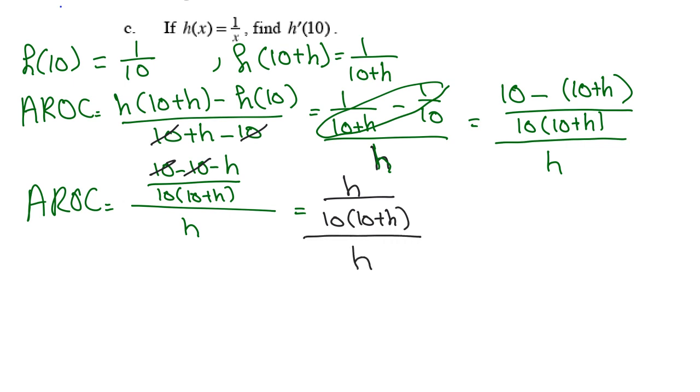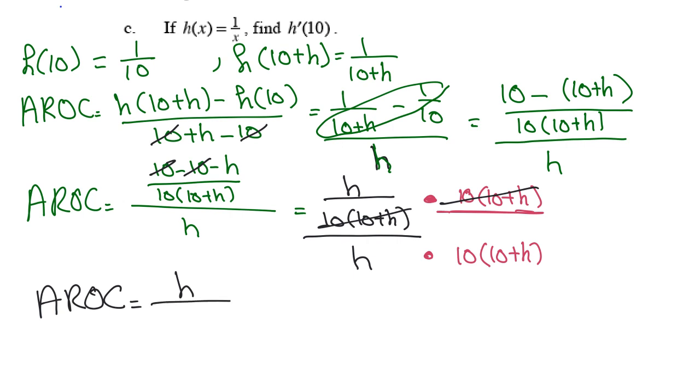Now think about it. You have a fraction that's embedded into another fraction, so you need to get rid of that fraction that's embedded into another fraction. So multiplying by 10 times 10 plus h in the numerator and also in the denominator. Because eventually the 10 times 10 plus h divided by 10 times 10 plus h is really 1. Now going further, those 2 cancel out,